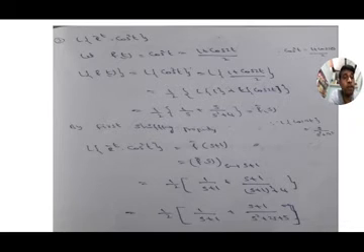By first shifting property, Laplace transform of e to the power of minus t into cos square t is f bar of s plus 1, meaning f bar of s where s is replaced by s plus 1. After simplification, we get the answer. Write down the problems. We will go to the next problem.